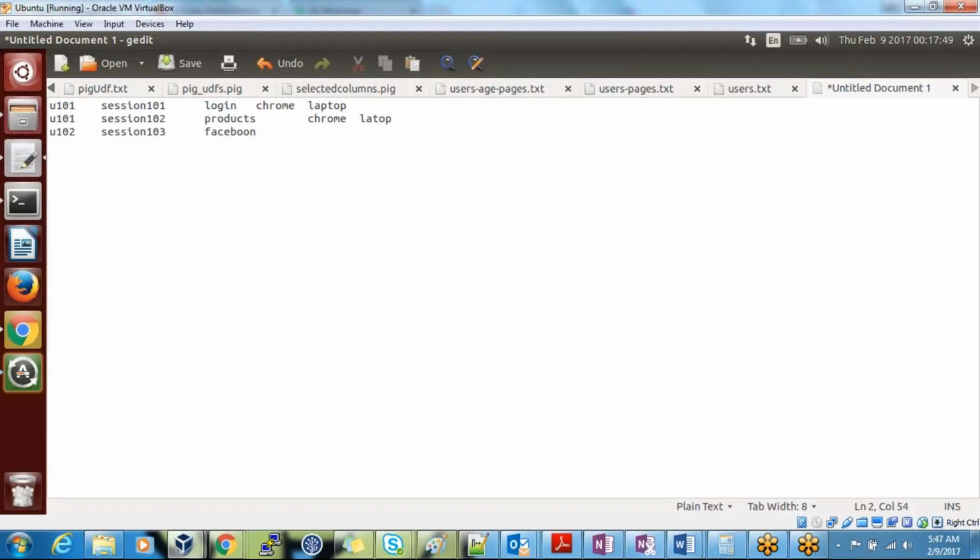Okay, so the same user logged in and moved to the login page using Chrome and laptop. Then he moved from there to the products page, and let's say he can also log in with Chrome.